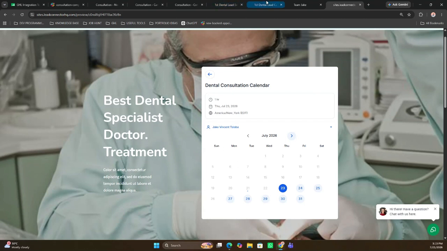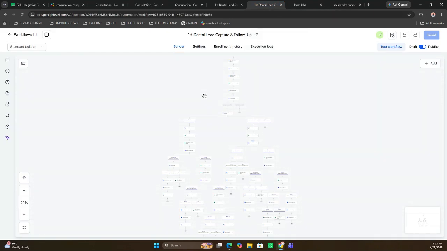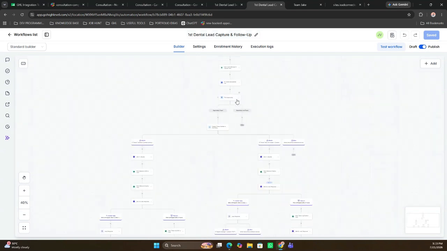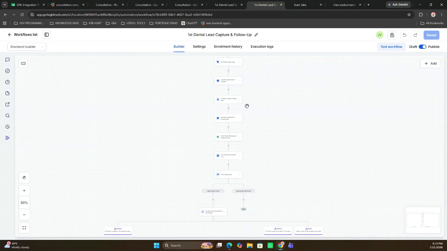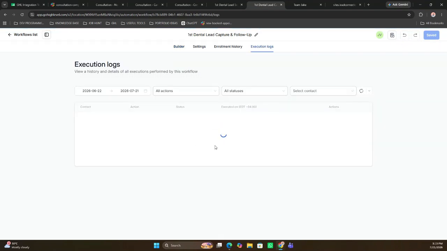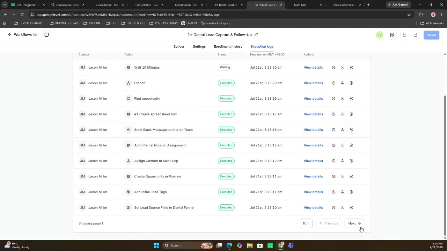So once the form is filled out, it will automatically enter this lead capture workflow to create a contact, add a tag, notify team members through Slack, input lead contact information into spreadsheets, send a welcome email, and as you can see here in the execution logs, you will be able to see that Jason Miller was added to this workflow.